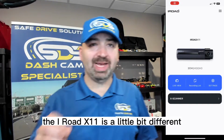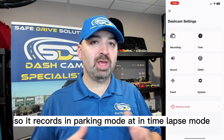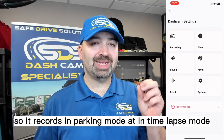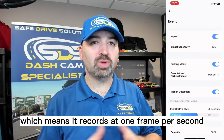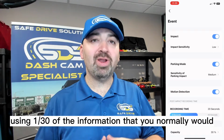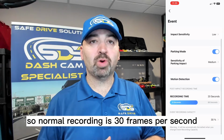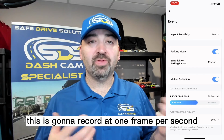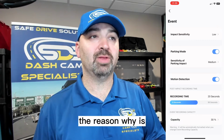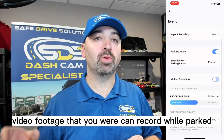The IROAD X11 is a little bit different. It records in parking mode in time-lapse mode, which means it records at 1 frame per second. The whole point of that is it's using 1/30th of the information that you normally would. Normal recording is 30 frames per second. This is going to record at 1 frame per second. The reason why is because you're going to get 30 times the amount of video footage that you can record